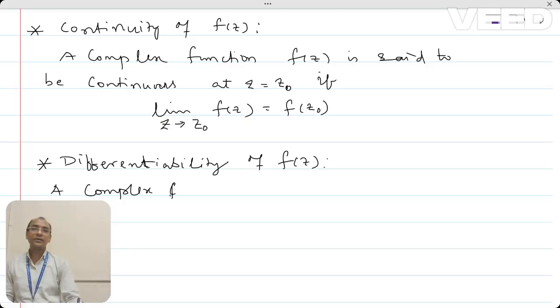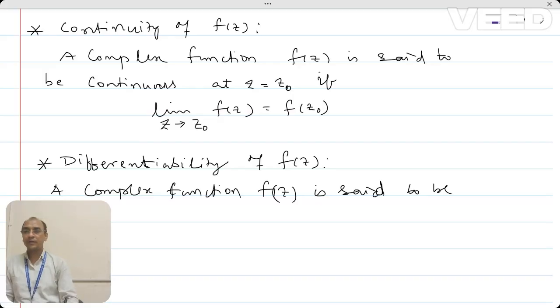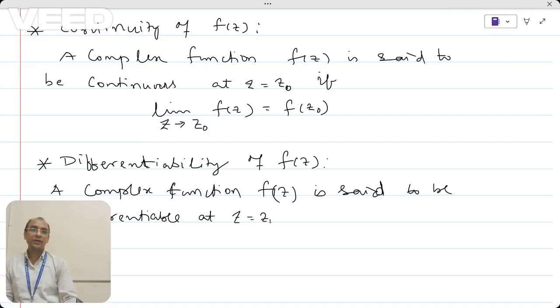A complex function f of z is said to be differentiable at z equal to z naught in a domain D if